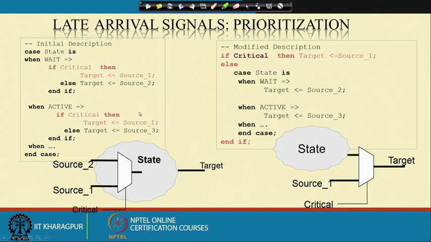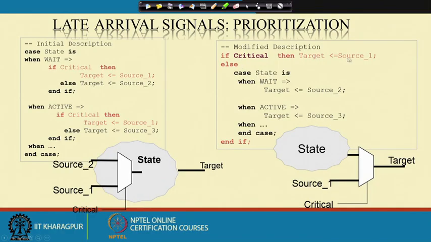Then what is the problem here? In a critical case, I need immediate action to be done. Okay. So, in this algorithm description, what is the problem? It has to check first which state it is in, and then check whether the condition is critical or not. So, in the critical case I have to wait for some time to check whether the state is wet state or active state. But instead of that, I can do the modification in such a way that whenever I am getting the critical case,